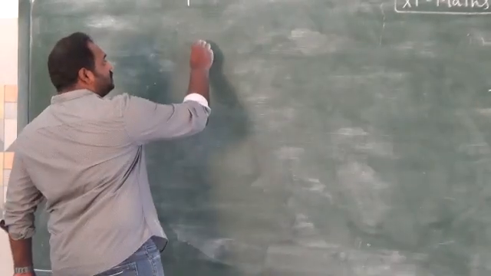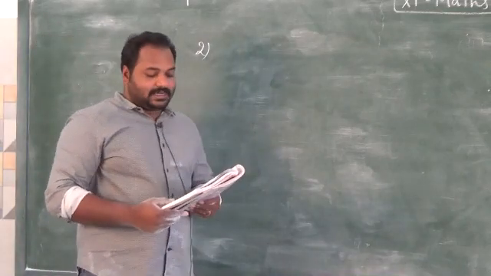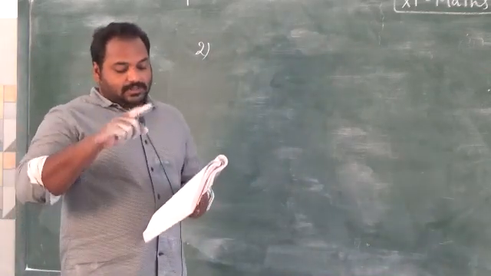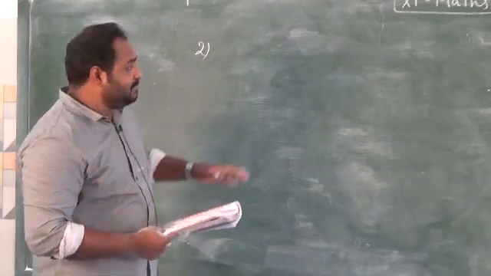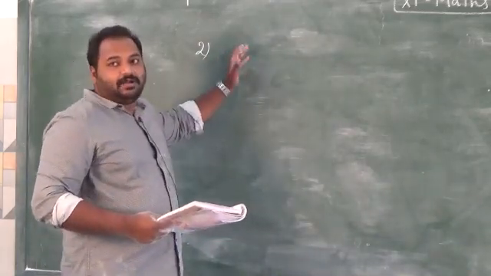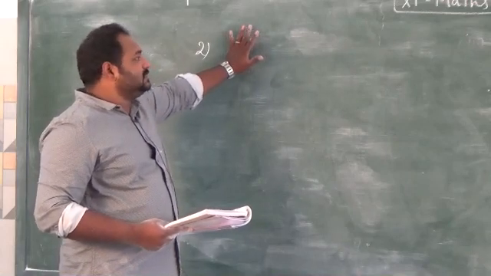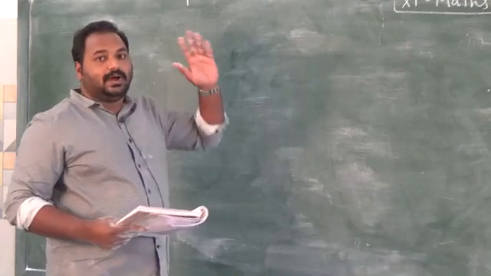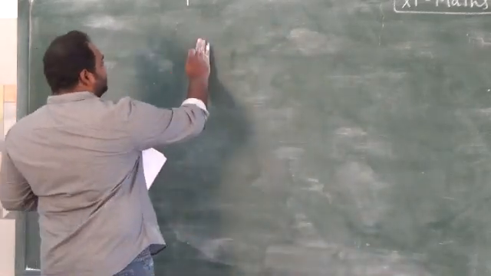Next problem, question number 2. Sin A is given, cos B is given. Also A and B belong to the first quadrant. It is the same as the previous problem, question number 1. Same ditto. You just go through question number 1 and do the second problem on your own. So we can go for the third one.